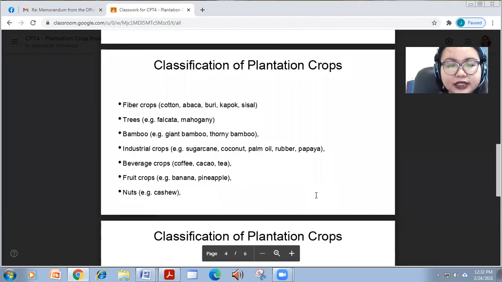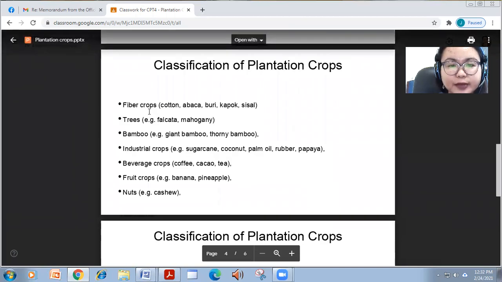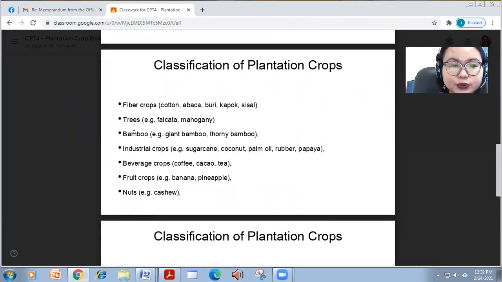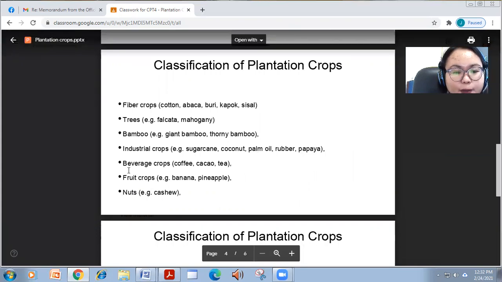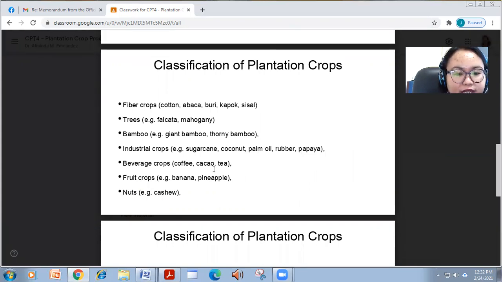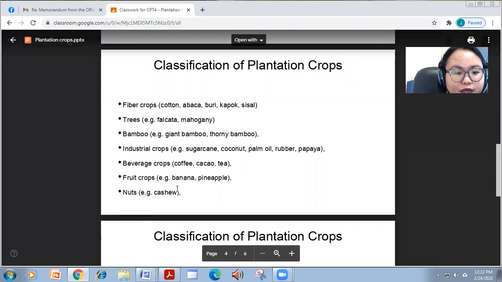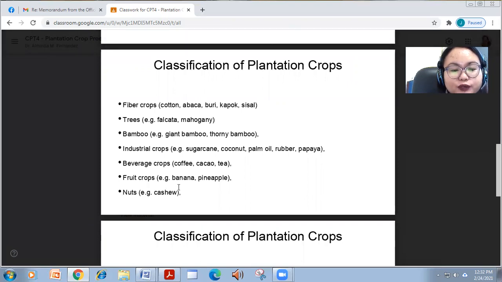So, these are also classified as fiber crops, no? Trees, bamboo, industrial crops like sugarcane for sugar, coconut and palm oil for oil, rubber for rubber, and papaya for papain, or beverages for coffee and cacao or tea. And fruit crops, although not all fruit crops can